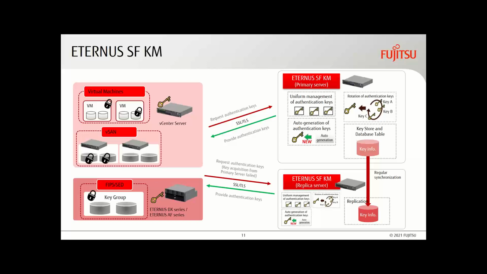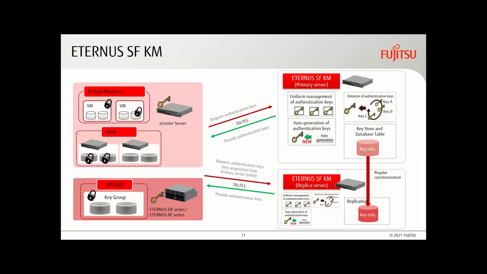However, it's the smallest supported architecture. The recommended configuration is built with 2 key management servers with replication in between them. In this scenario, the primary server is a master and the second one is a clone. So if the primary server is unavailable, then the second one can take over its role. And like you see, we support 2 types of clients, which are VMware vCenter server and its virtual machines located on both standard data stores or vSAN data store.